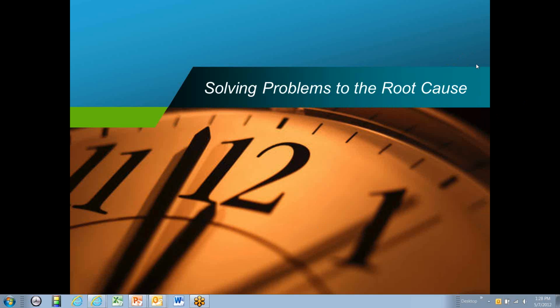On solving problems to the root cause. And it's actually a workshop that was developed, so it's a lot longer normally than 30 minutes. So some of the things that I'm going to expose you to, I'm going to go through pretty fast, and it's going to talk about doing an actual exercise, which we obviously won't have time to do today, but it's to give you kind of a framework for how to do problem solving that we can use, a series of